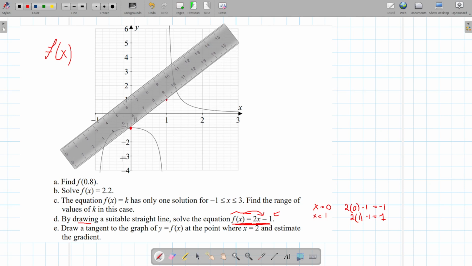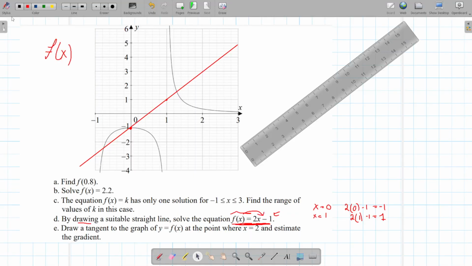Okay, like this. Now you take your ruler and draw your line. After you draw it, we want to see where they're equal. So where do these two graphs intersect? In this case, there are two solutions. One is over here at 0 comma negative 1,